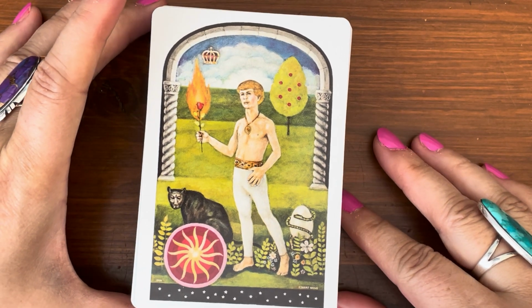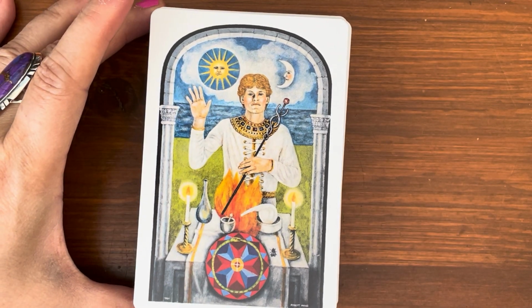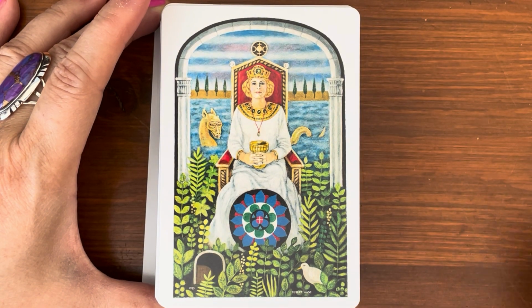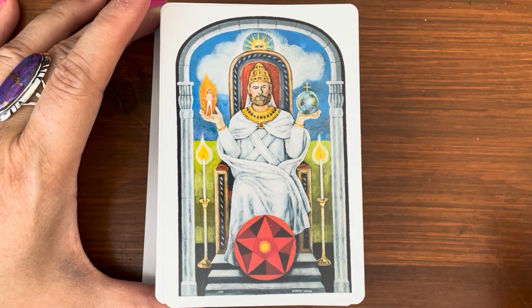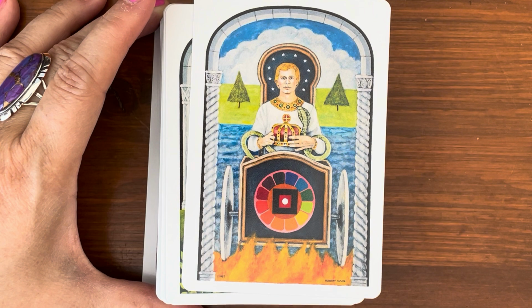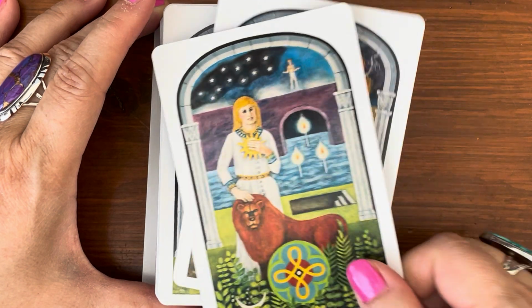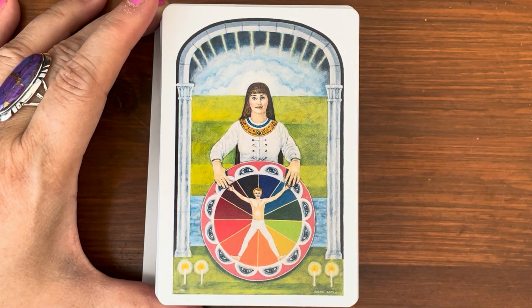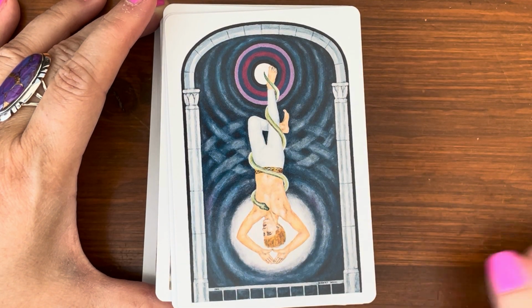So let's go ahead and take a look at the cards. Here we have the Fool starting out. We have the Magician, the High Priestess, the Empress, the Emperor, the Hierophant, the Lovers, the Chariot, Strength, the Hermit. Look at the details. The Wheel of Fortune, Justice, the Hanged Man,